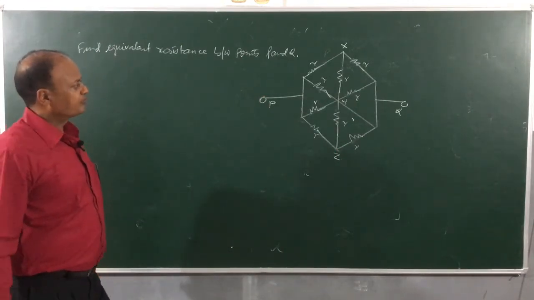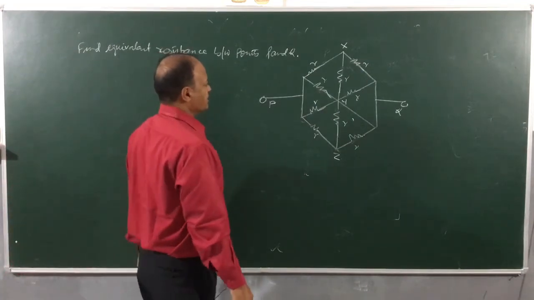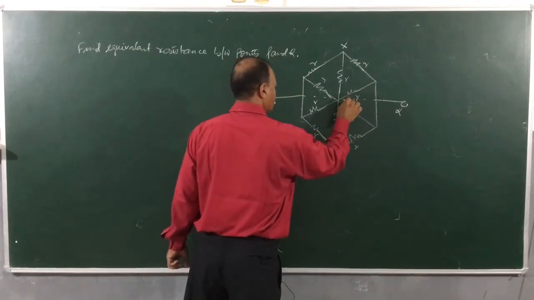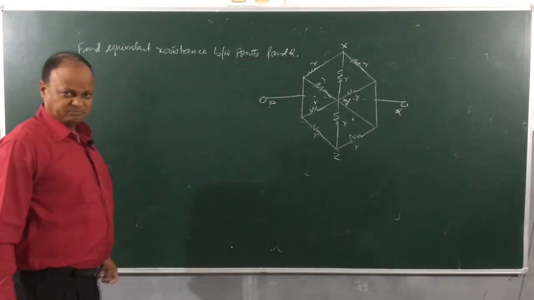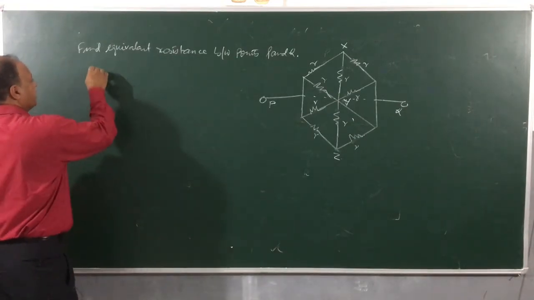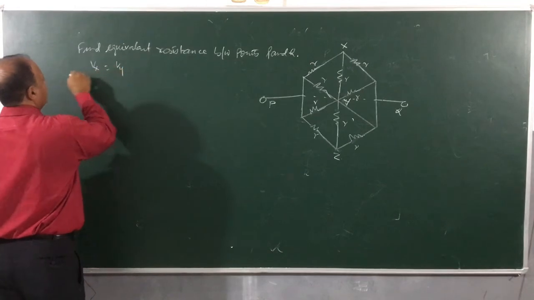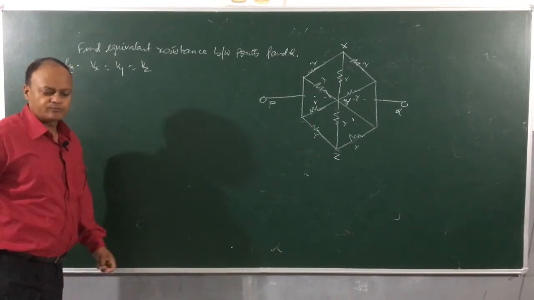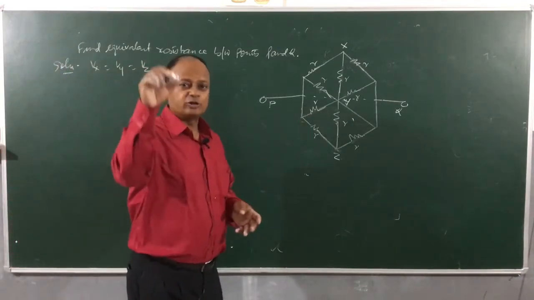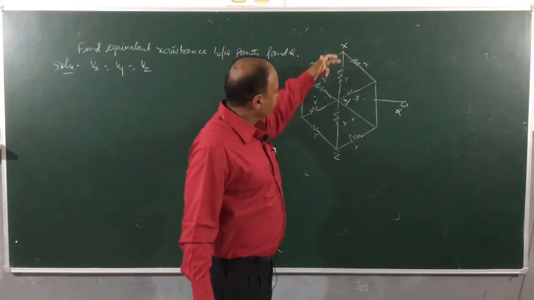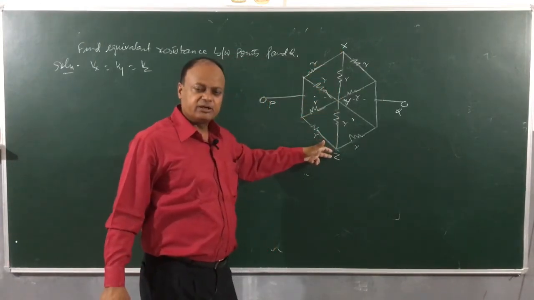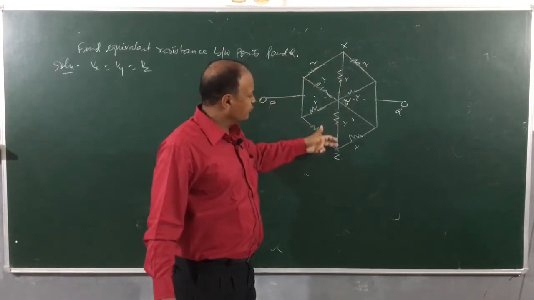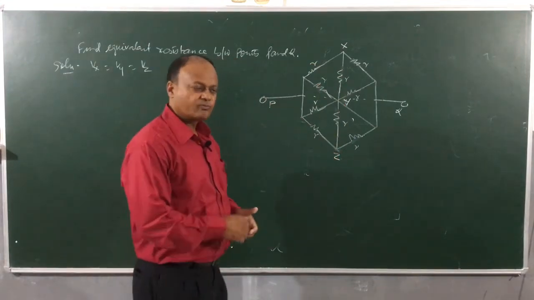When I look at the circuit, we can see that the circuit has symmetry about line PQ, which is passing through point Y. And therefore, using the symmetry, we can say that potential of X is equal to potential of Y. Now, solution: potential of X is equal to potential of Y is equal to potential of Z. We know that current always flows from higher to lower potential, but potential of X, potential of Y, and potential of Z are equal. So, if potential of these points is the same, that means there will be no current flowing through which branch? Zx. Therefore,